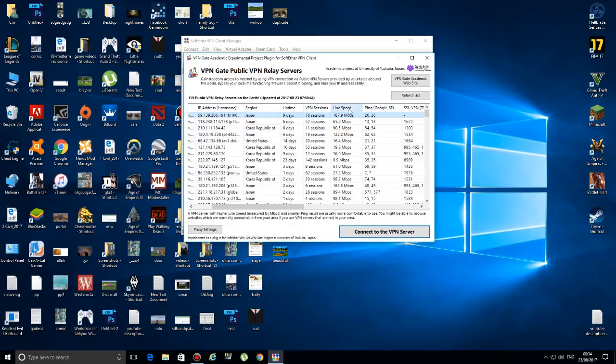And the reason why I want the line speed and VPN session to be acceptable is so that you would be able to log into Social Club and go to Grand Theft Auto Online in the first place. You know what I mean? For example, if you go to line speed 0.5 megabit per second, that's extremely low. So there is no way you'll be able to sign into Social Club or get to Grand Theft Auto Online at all. So for an example from these choices we have right here, in my opinion the best choice, alright,